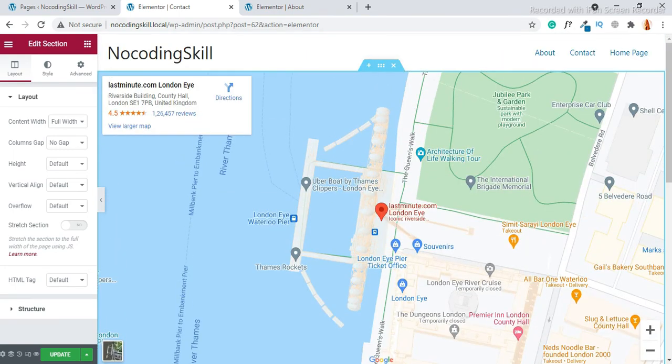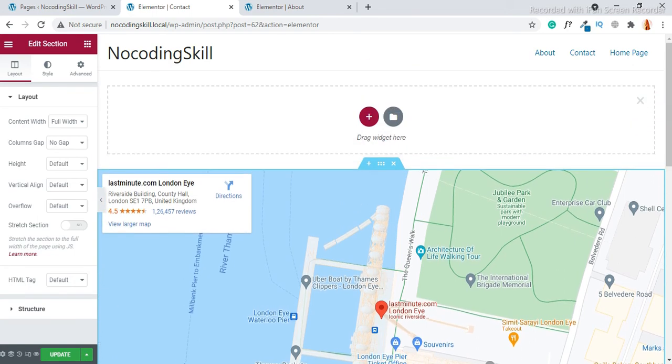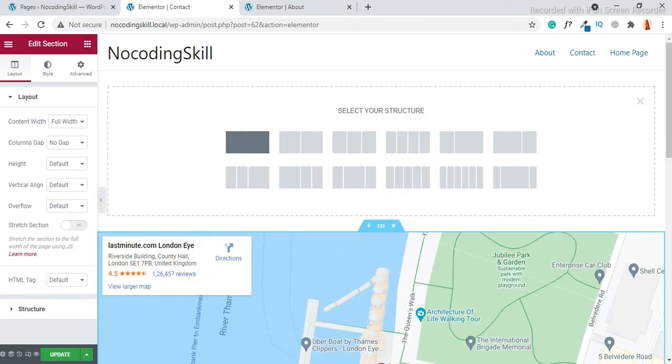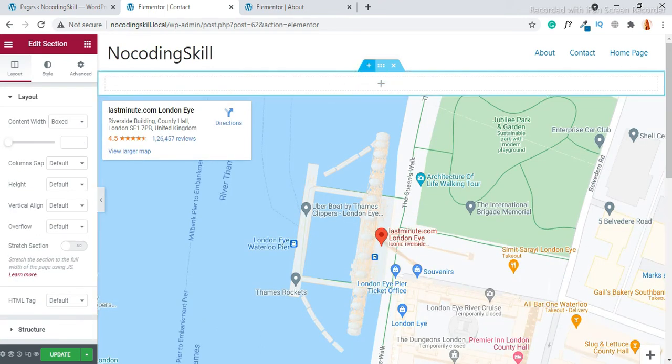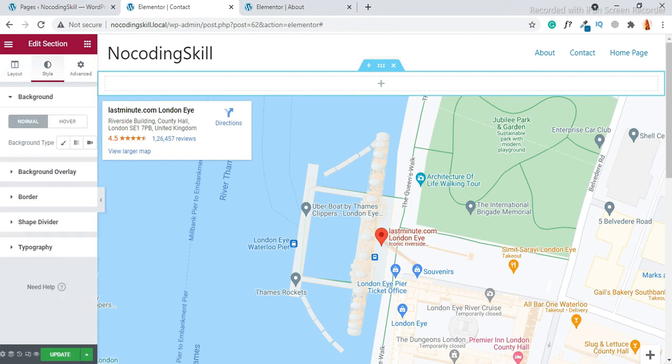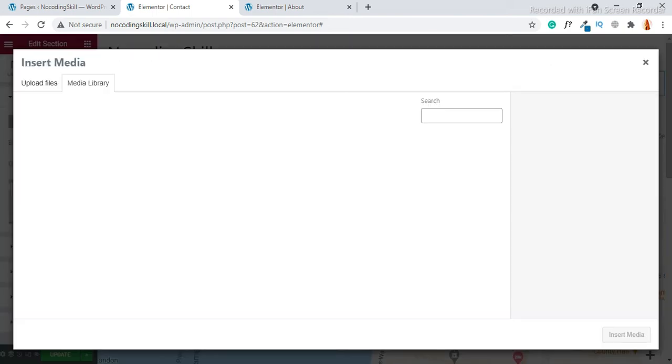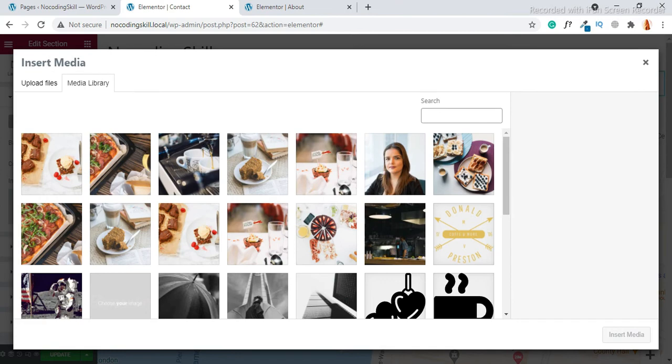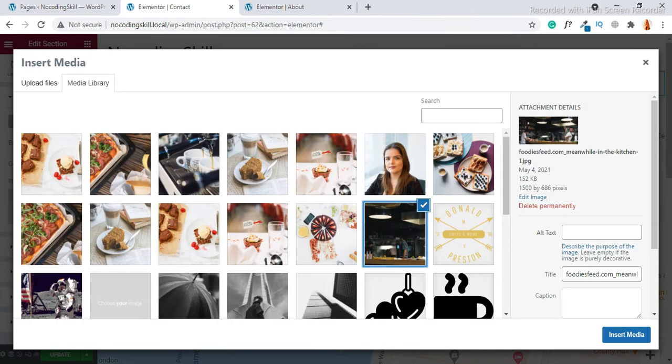Okay, I am adding one more section above this section. So click over here and just click this section. Okay, and click over here and I'm taking a background image. Click over here, just take an image, and just take this one.